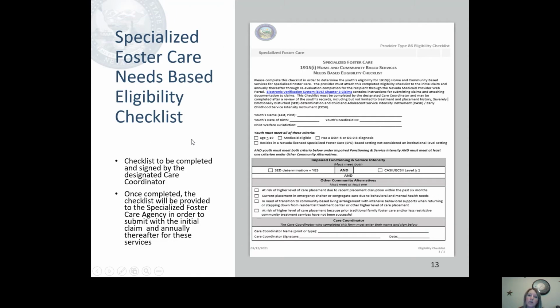This slide shows an example of the needs-based eligibility checklist that will be required to be completed by the youth's designated care coordinator. The care coordinator would be the caseworker with your local county child welfare agencies, or perhaps a care manager or wraparound facilitator within the Division of Child and Family Services. This eligibility checklist would need to be completed to determine the youth eligible for these 1915(i) home and community-based services